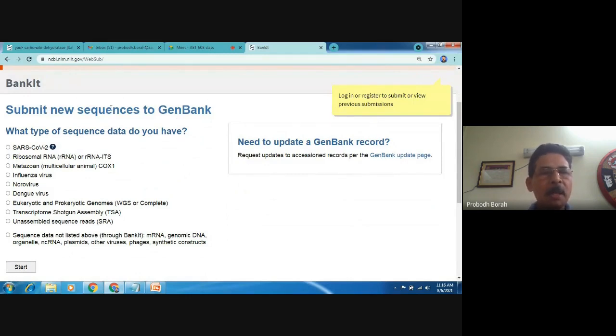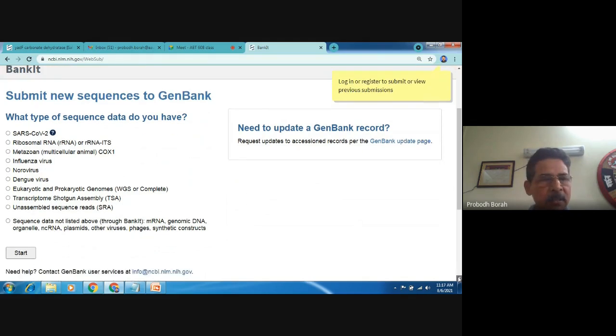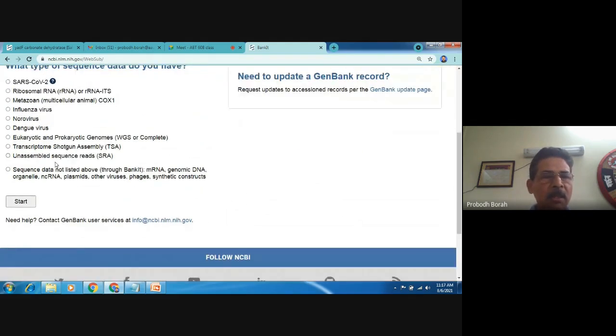So what type of sequence can you submit with the help of BankIt? If you have got SARS-CoV-2 sequence, ribosomal RNA, metazoan COX-1 sequence, influenza virus sequence, norovirus, dengue virus, eukaryotic and prokaryotic genomes, whole genome sequence or complete genome, transcriptome shotgun assembly, unassembled sequence reads, and the last option is sequence data not listed above.